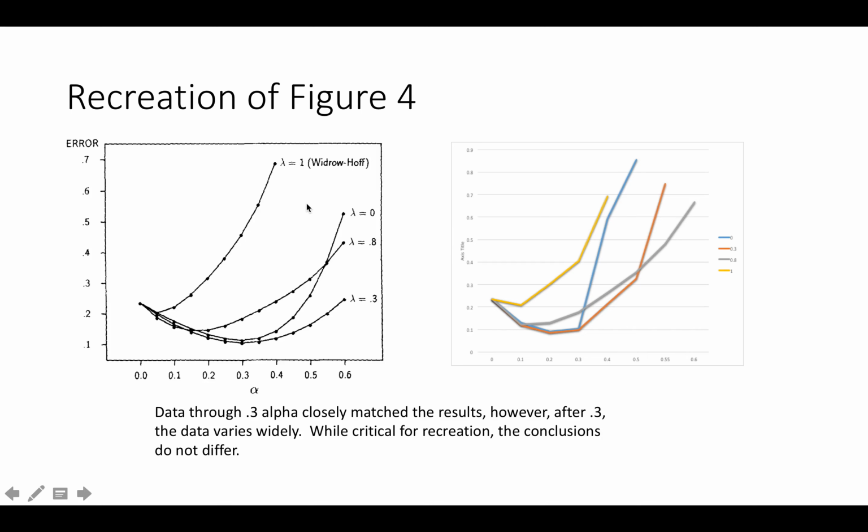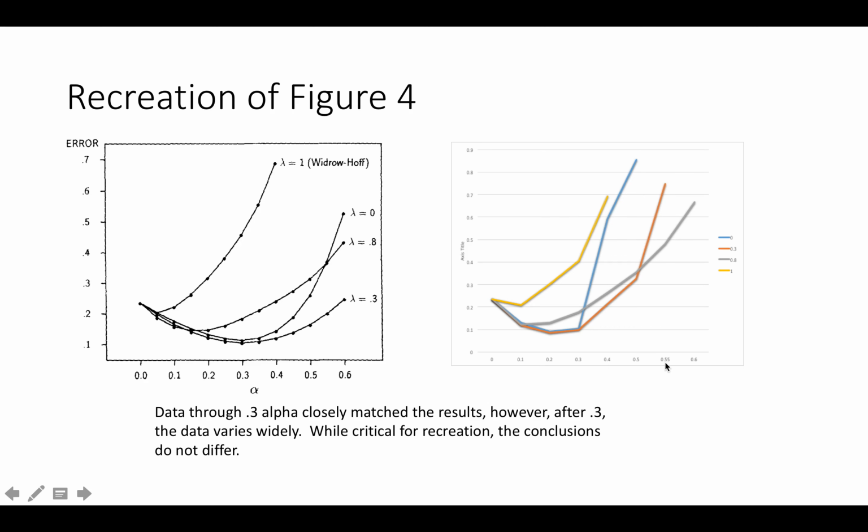Recreation of figure 4. In the case of lambda 1, which is represented in my results, the sharp yellow line, aside from the curves, the data ends up finishing off just under .7, which is very similar here. The other patterns that are very similar are anywhere from 0 to .3, and then from .3 on they vary